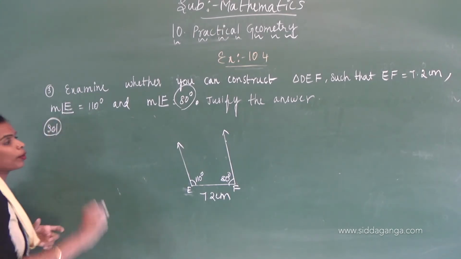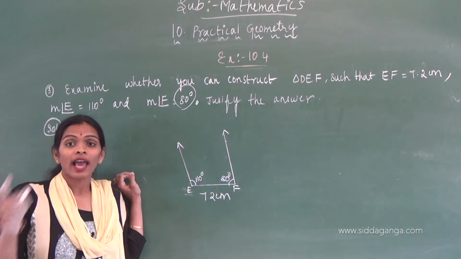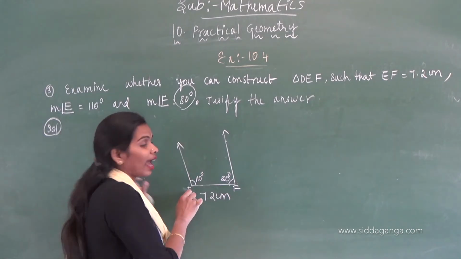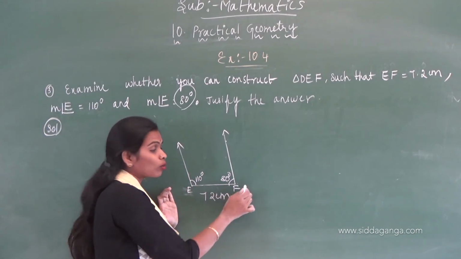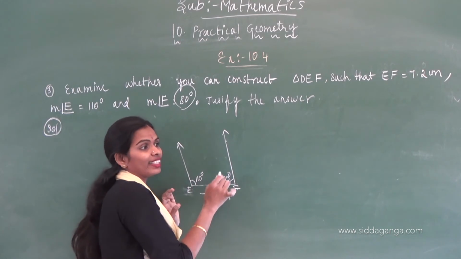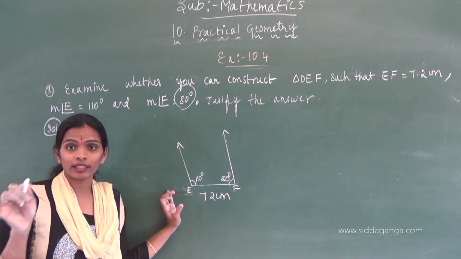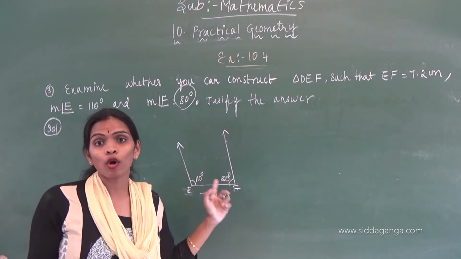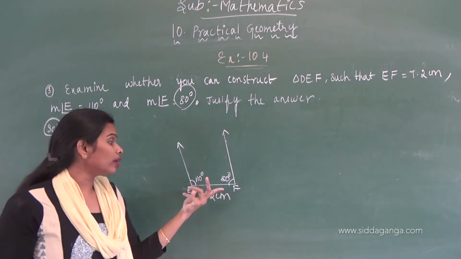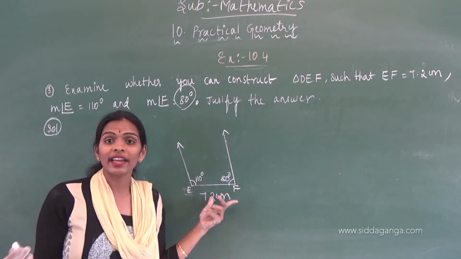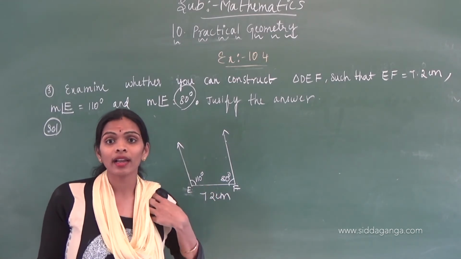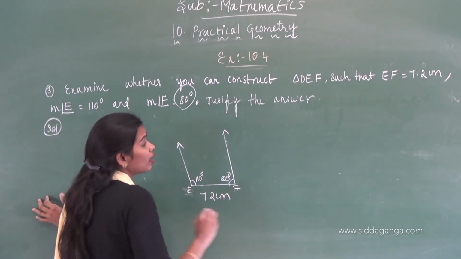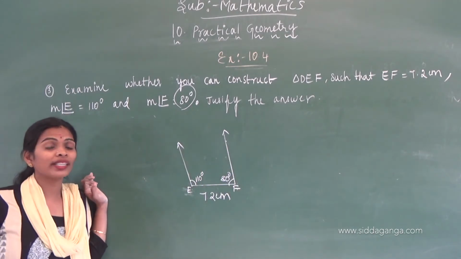By using angle sum property, what will be the sum of the three angles? Angle A plus angle B plus angle C is 180 degrees. Here if you observe one thing, the sum of the two angles, angle E plus angle F, equals 110 plus 80 is equal to 190. For a triangle to have proper angles, the sum must be 180 degrees, but the sum of 110 and 80 is 190 degrees, correct? That's why we can't construct a triangle by using the measurements.